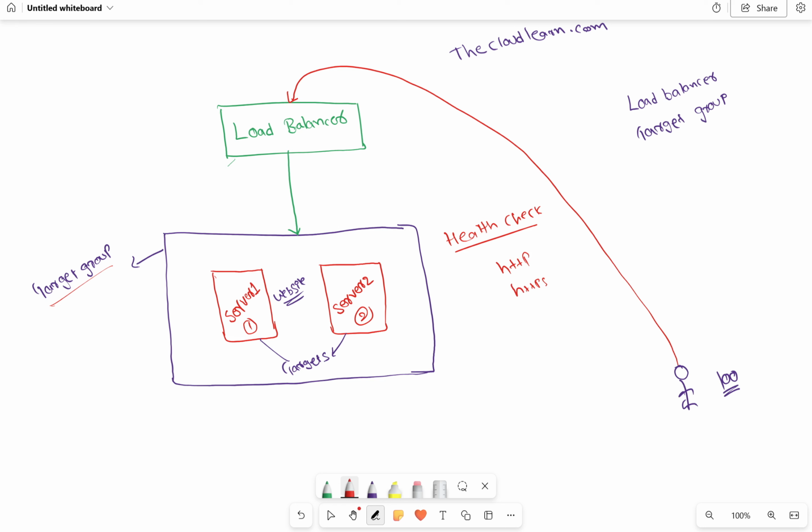As I don't have a proper valid domain name, I can't run on HTTPS. So I will run my website on HTTP, because that doesn't require any website name or any SSL certificate. My website is running on the HTTP protocol, which is port 80. So this target group